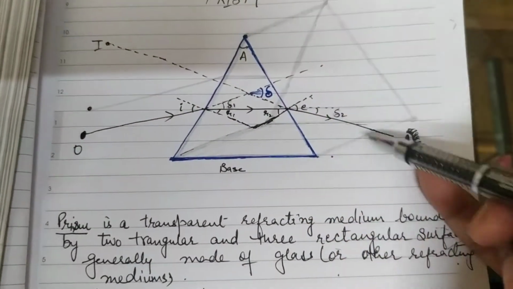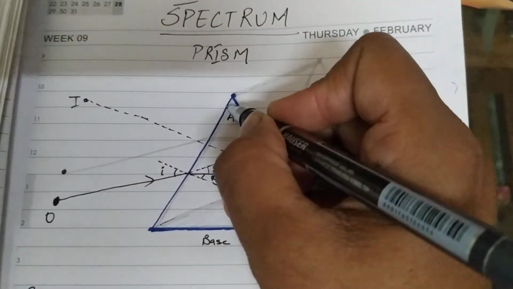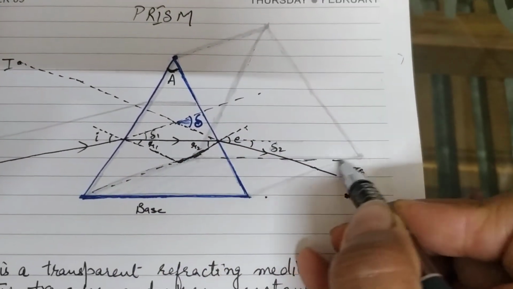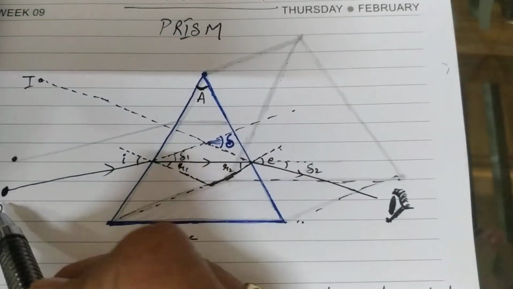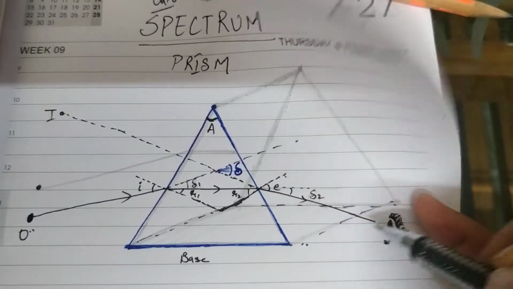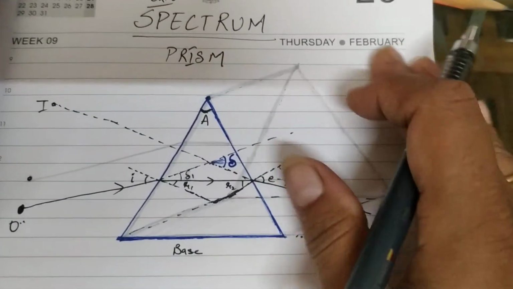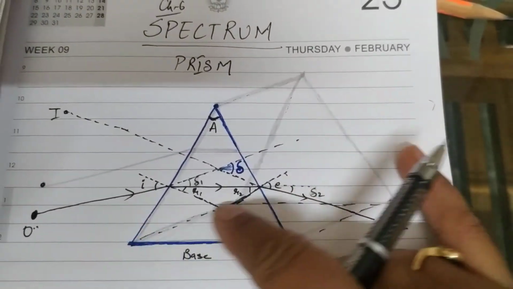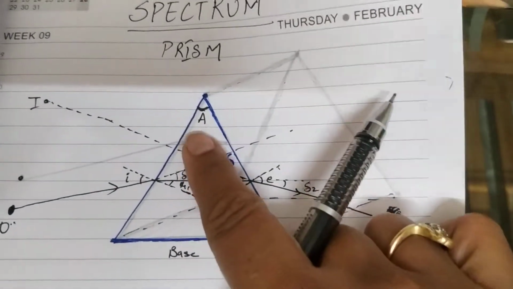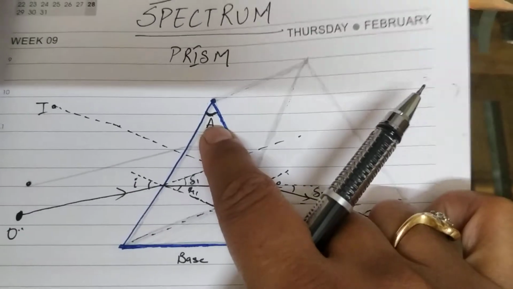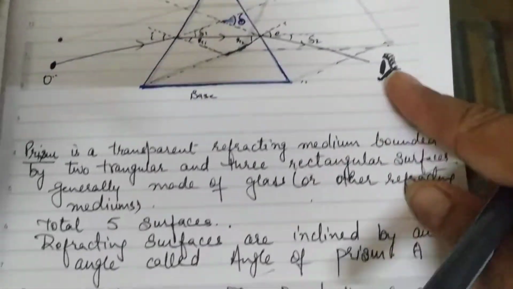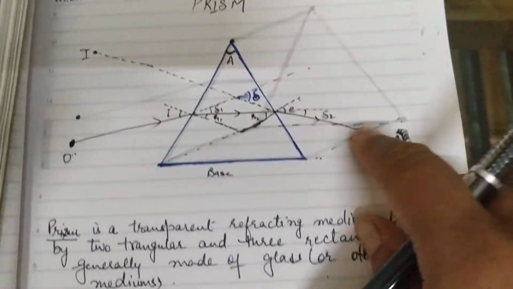Every surface is inclined to the other surface with some angle. When we place the prism in this position, where the base is also a rectangular surface, and we place the candle or any object over here, then these other two rectangular surfaces become the refracting surfaces, because light enters the prism through one rectangular surface and leaves the prism by the other rectangular surface. So these two rectangular surfaces are inclined by some angle, and this angle is called the angle of prism, A. And there is one more important angle, the angle of deviation.